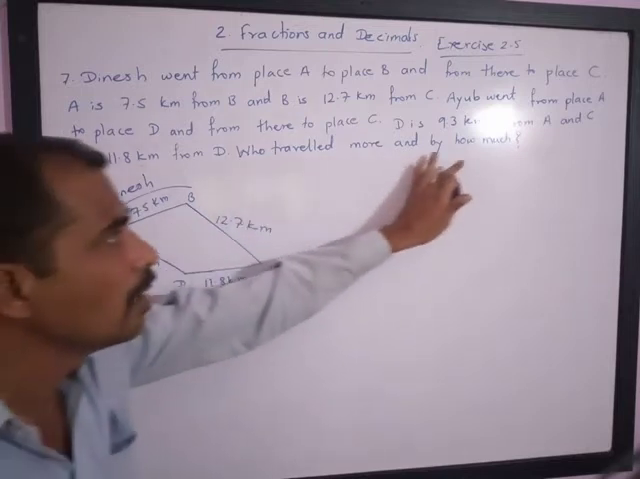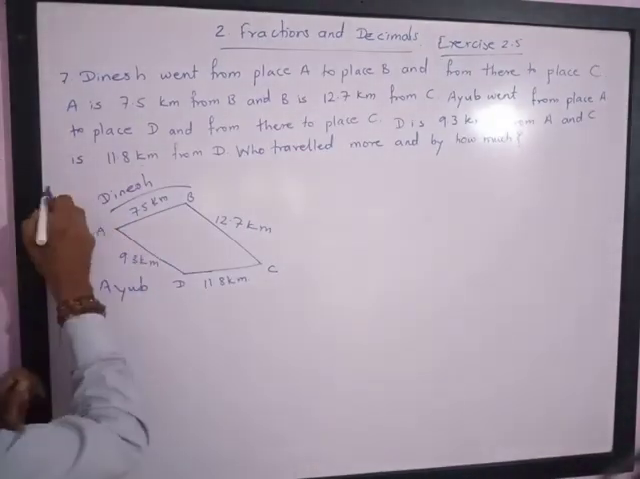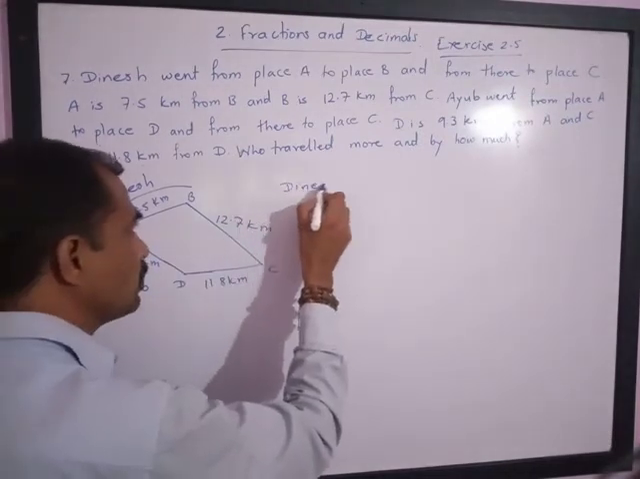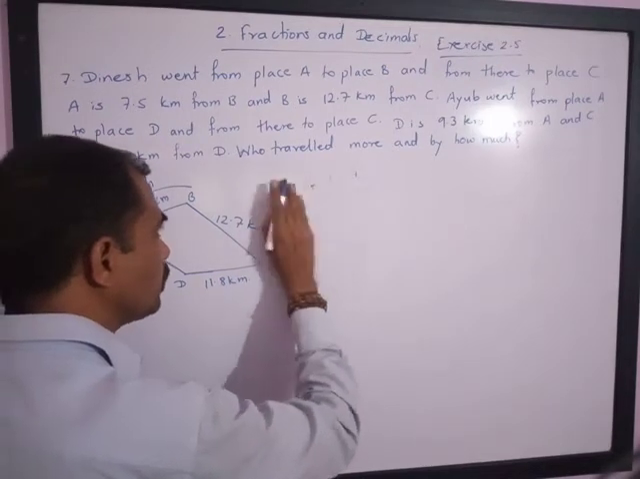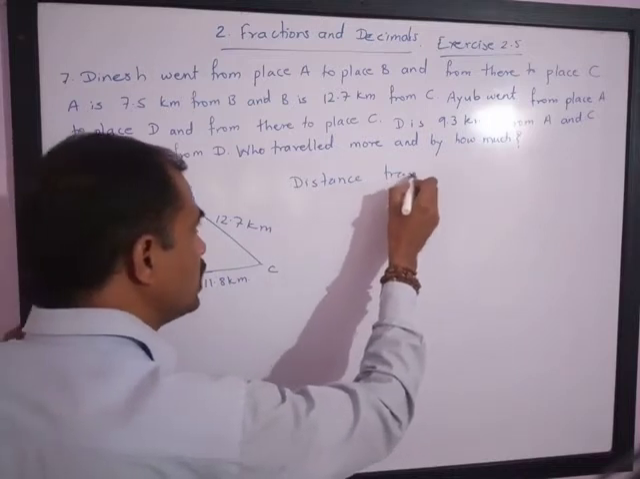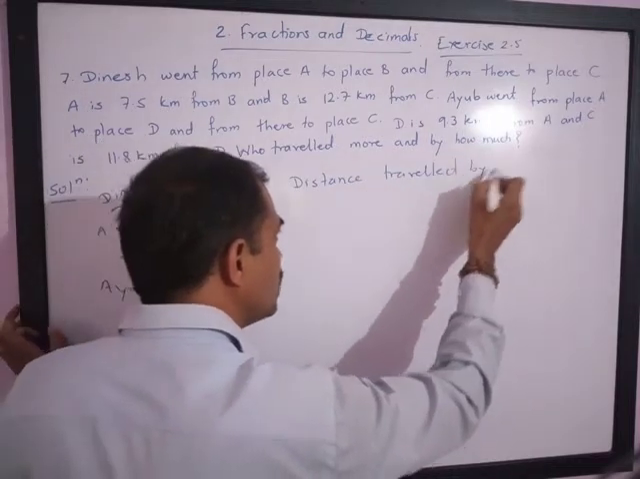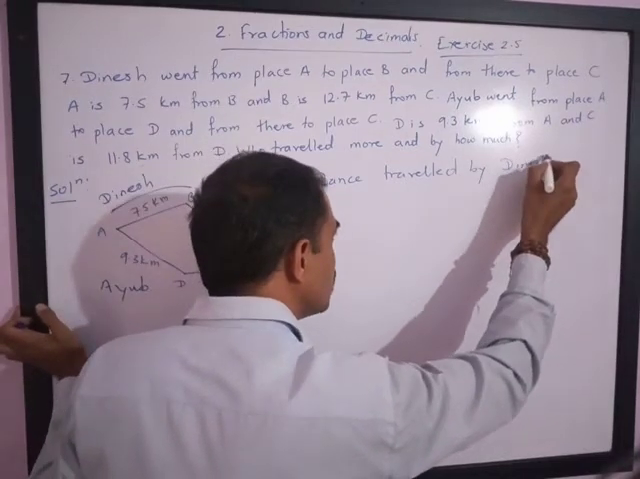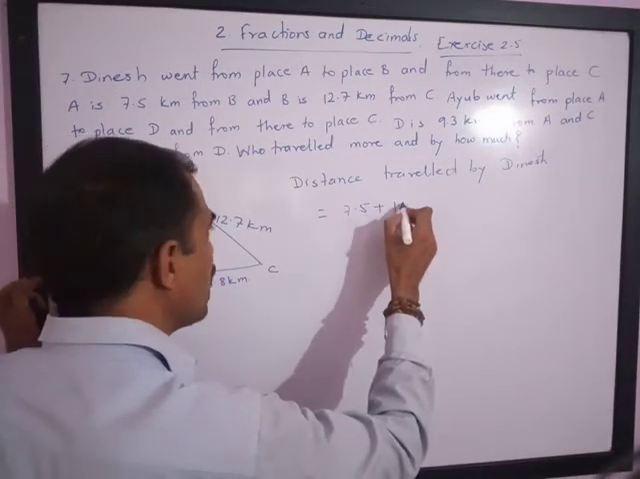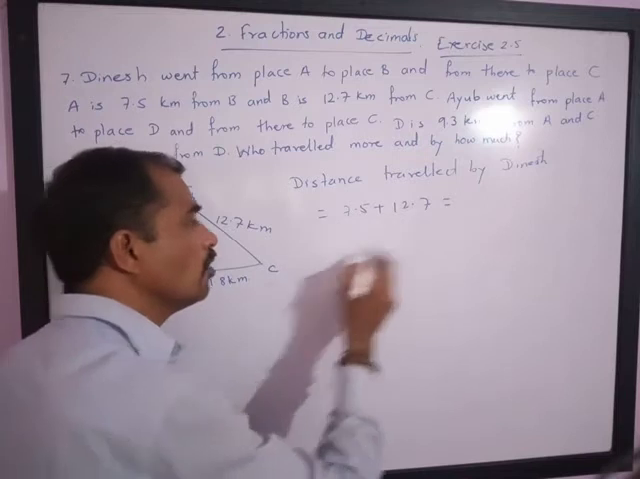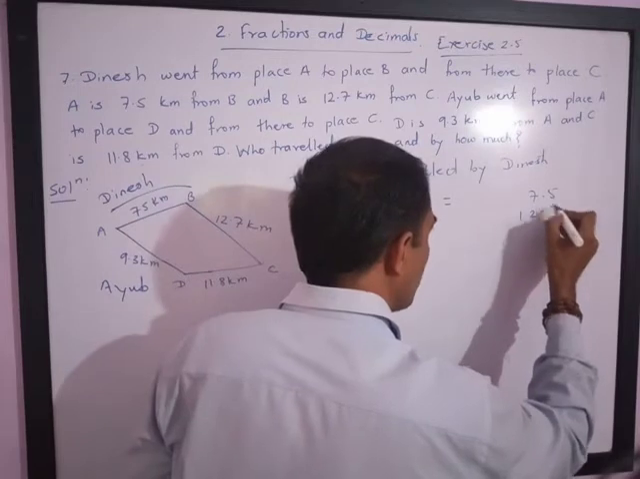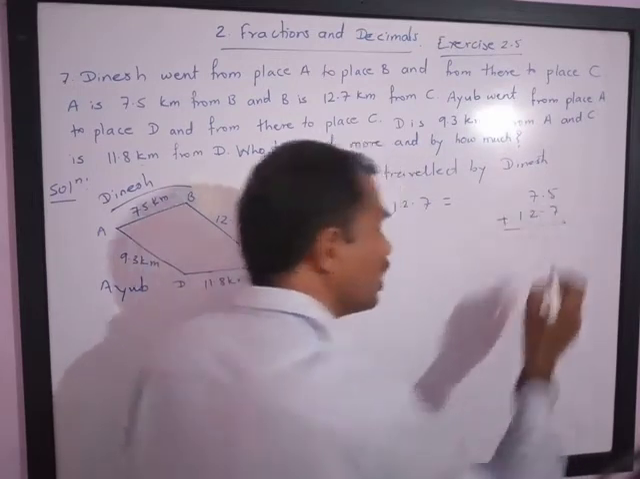Who travelled more? By how much? Let us see how much distance Dinesh travelled. Distance travelled by Dinesh is equal to 7.5 plus 12.7. Please note, we have to add 7.5 and 12.7. The decimal point must be below the decimal point, and only then can we do the addition